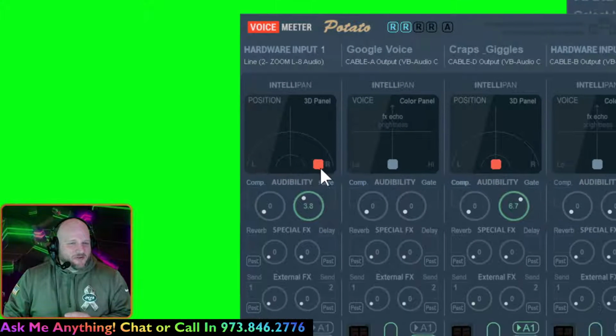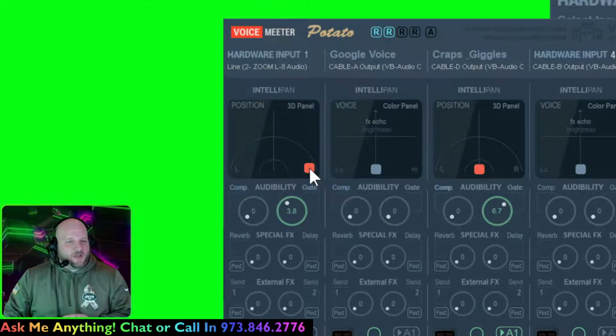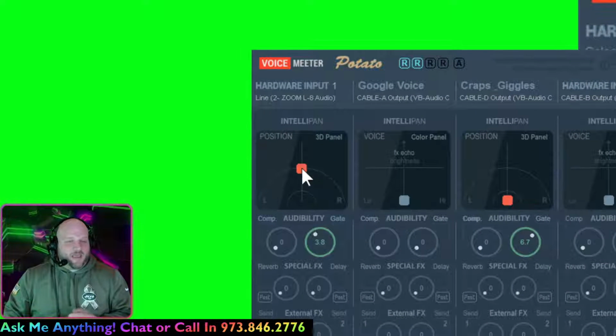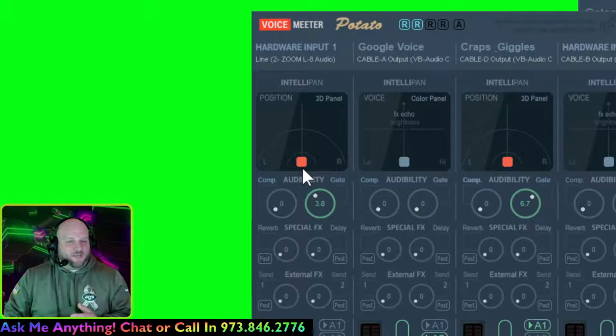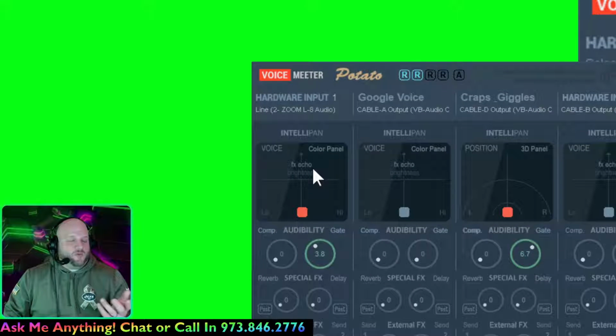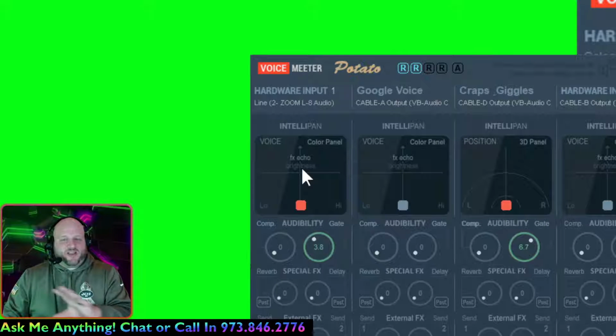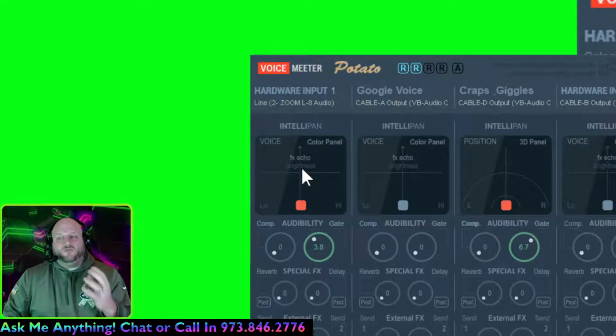And then I'm going to switch this over, and now I'm going to be on the right. And now I'm going to go back here, and I'm a little bit further away, coming back more towards center. And that is an example of how this whole panel works. Right-click one more time, and you are back to the beginning. So that is what is available on Voicemeeter